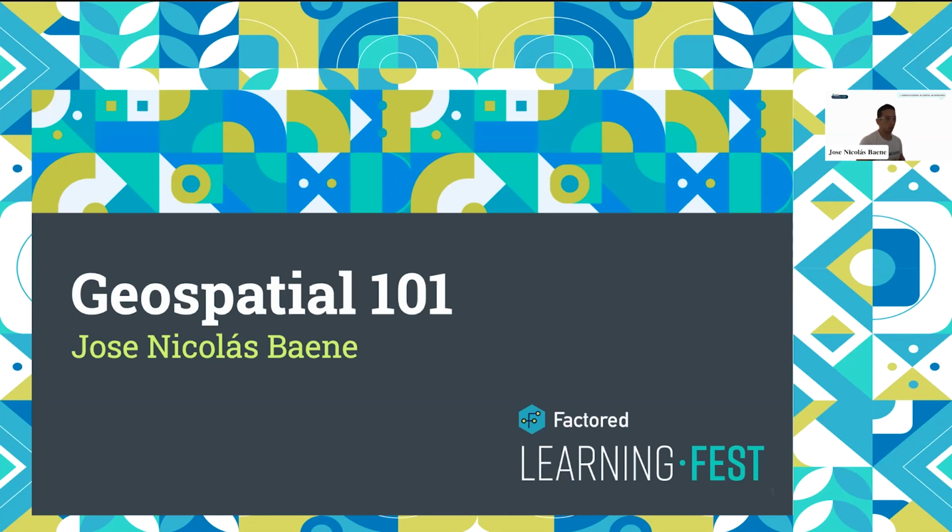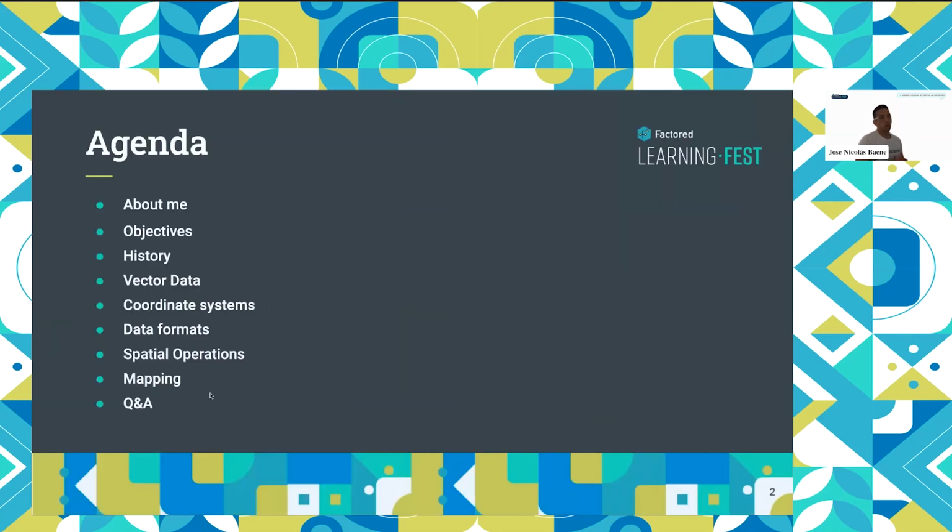So I want to review with you a little bit about the agenda. I will tell you very quickly something about me, the objectives of this talk, a little bit of history of geospatial analysis. We'll get deeper into how the data looks like, what the coordinate systems are, for any of you that have already been exposed to geospatial data. Some of these things will sound familiar, and I hope you take something from this talk because it's a very basic, very introductory talk, but I hope you do enjoy at least the exercise I have prepared.